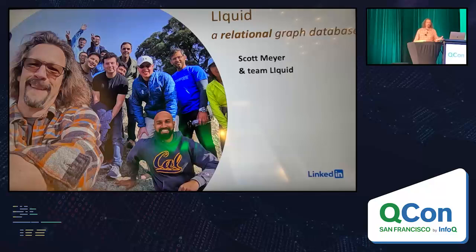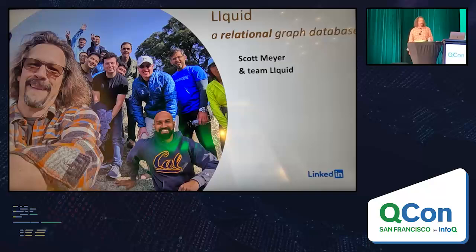Okay, I'm going to talk about Liquid. Liquid is a relational graph database that we built at LinkedIn. Runs about 2 million QPS. It's a pretty standard, large-scale Silicon Valley database system. Now, as is usual with these things, I didn't build this by myself. I have a wonderful and talented team of probably 40 people now who make this thing a reality, but I'm shamelessly going to claim credit for their work.